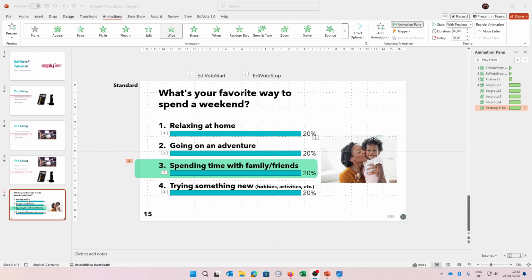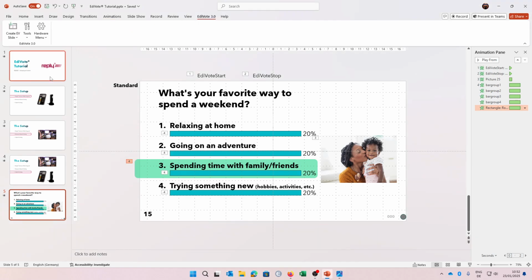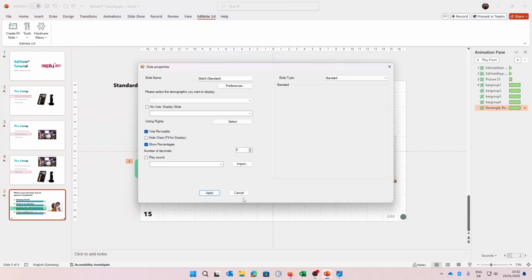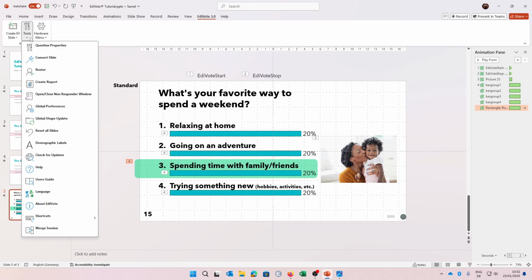Now you don't want always just normal slides. You might want quiz games or anything else. So let's look at the slide types, and then later on we build a little quiz and a roster and so on. All right, so to go into the question properties, now I opened it already, you can go either